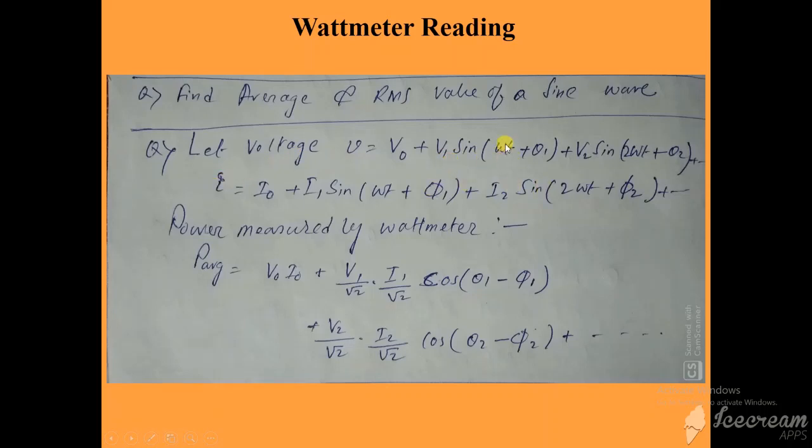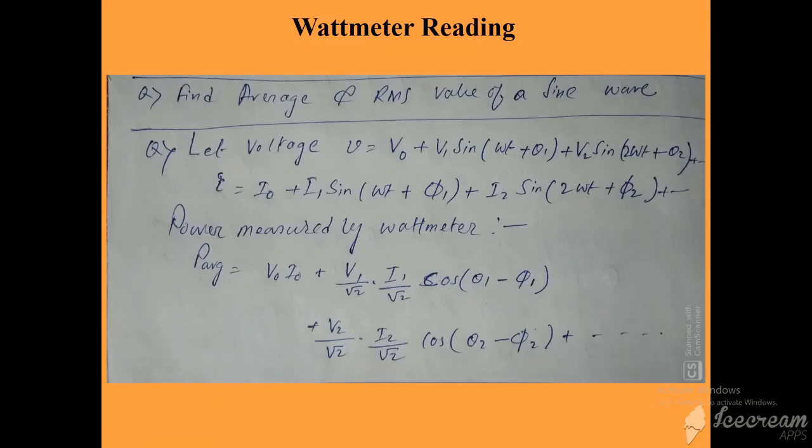Next you go to the second term. Here omega t is there, so I get 1 omega t here, right? So you take v1 i1, take the RMS value, and take cos of this minus this. Now the next frequency is 2 omega t, but there is no 2 omega t here. I got 1 omega t, 2 omega t, so this will interact with this only. Similarly, this term comes. So just go on finding the similar frequency terms; the others will give 0.